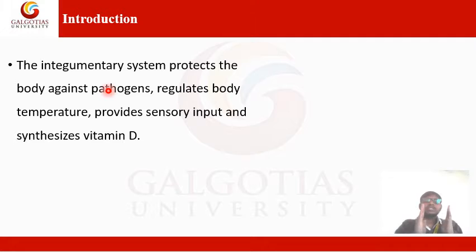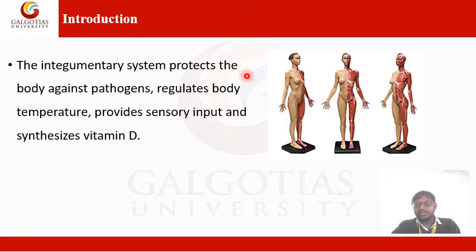You can imagine that if your skin is absent, your internal organs would be visible. When they are visible, these very sensitive muscles or organs would automatically be infected by pathogens from the atmosphere. That's why the skin is the most helpful for you. It protects your body, and it has other functions: synthesis of vitamin D and sensory function. Vitamin D is synthesized with the help of sunlight, and the skin provides the sensory function.